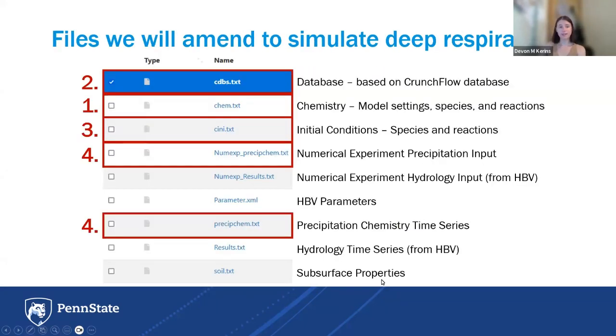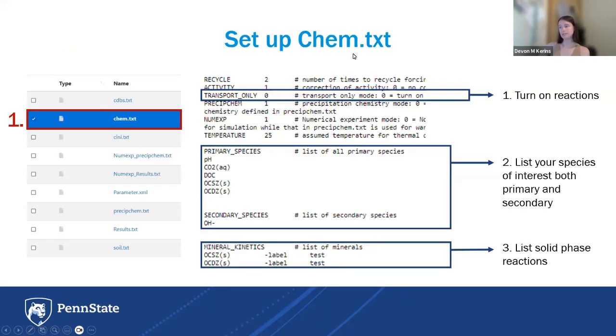So in terms of modifying input files, we will modify the same input files as we did for shallow soil respiration: our chemistry file, where we tell the model what species and reactions to look for, our database file, our initial conditions, and our precipitation chemistry input files. In our chemistry file, again, make sure our reactions are turned on. However, then we'll add primary species